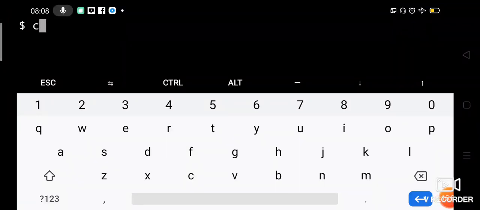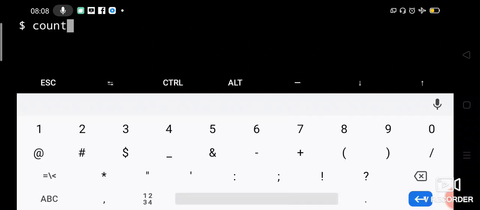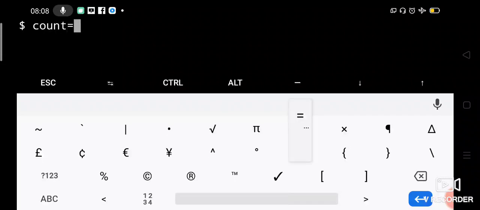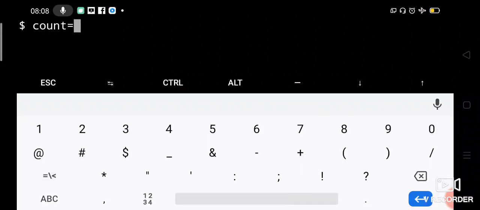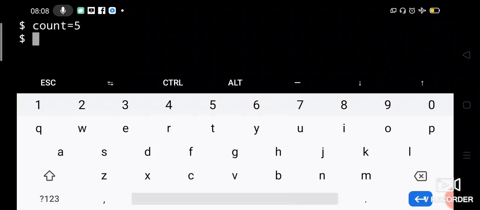Let us create a variable called count. Count equal to 5. So this variable will be created, and to check the value of count, let us say echo $count.